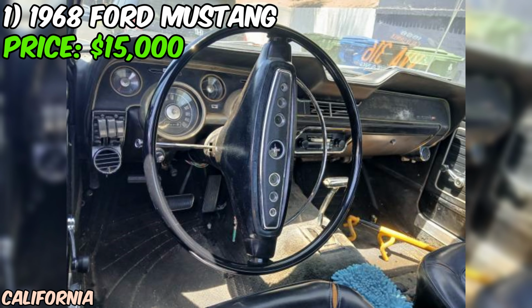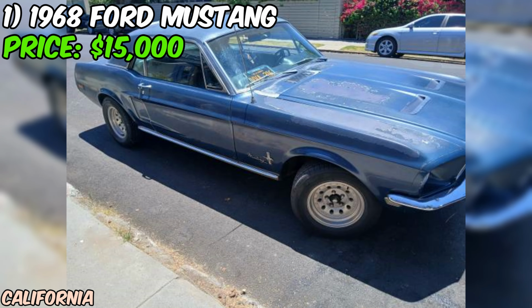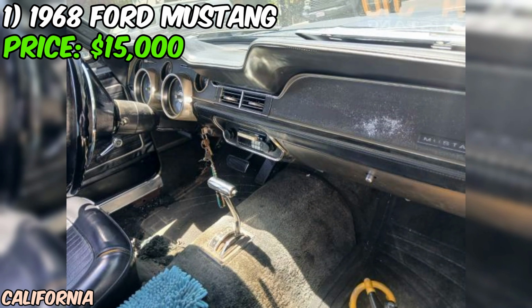We're talking a new radiator, rebuilt transmission, new exhaust, gasket, brake master cylinder, flywheel, speedometer gear, complete front suspension, carb, and fan belts. This Mustang has been given some serious TLC, but I've got to be honest with you,